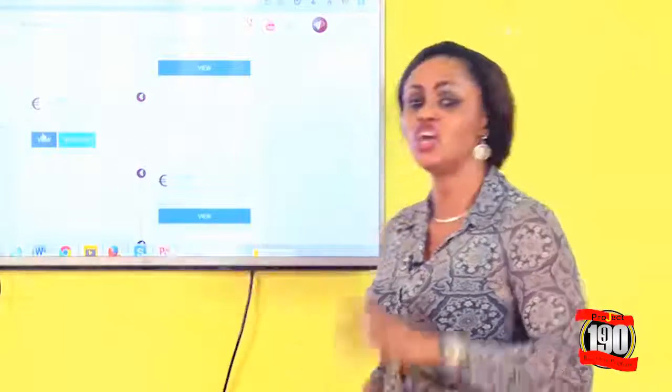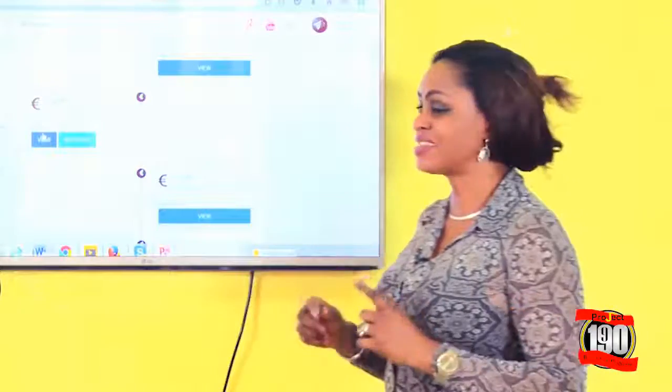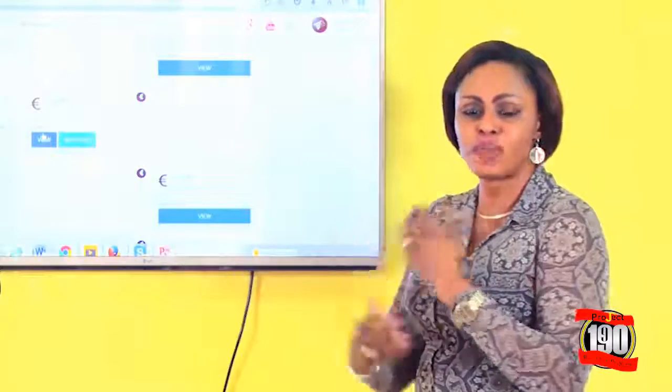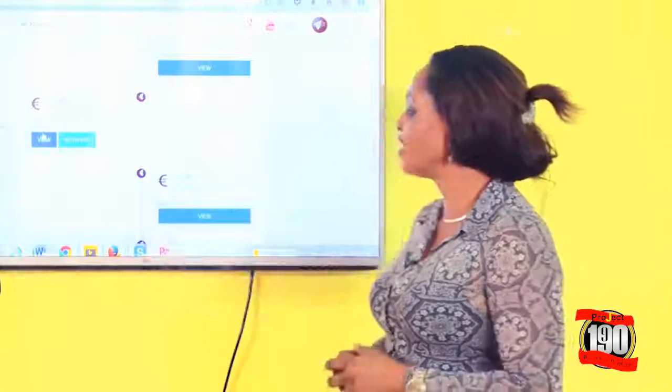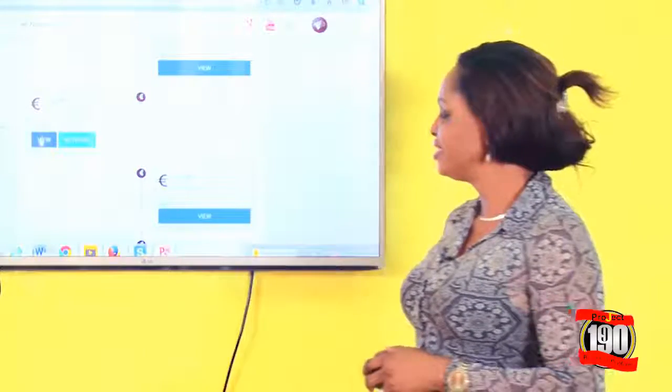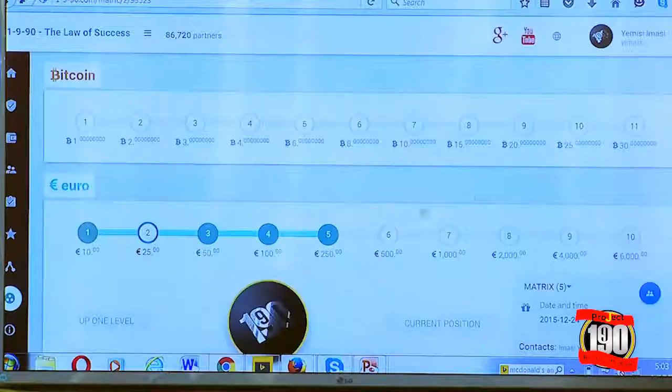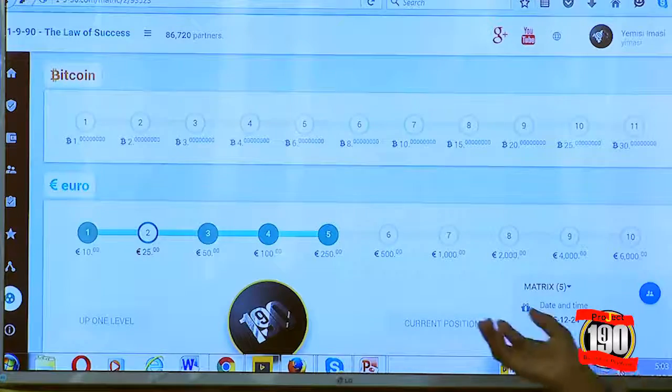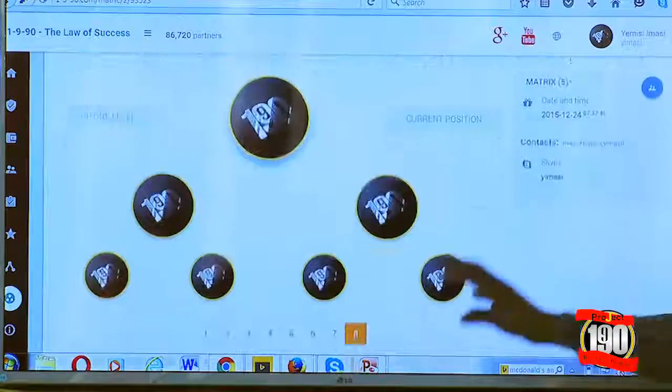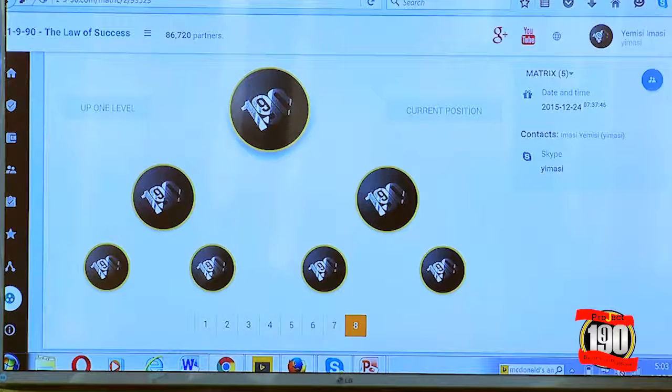Once you click activate, you are going to pay for the next matrix to be activated out of what you have earned. So let's click on view and then we'll see what is actually there. Once you click on view and you page up, you will see that these 6 are already complete under you